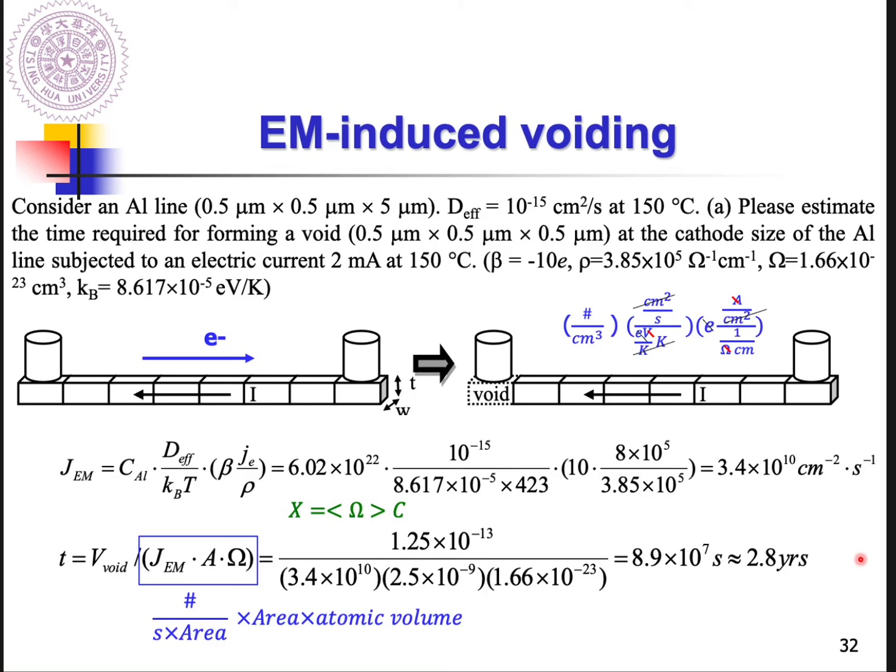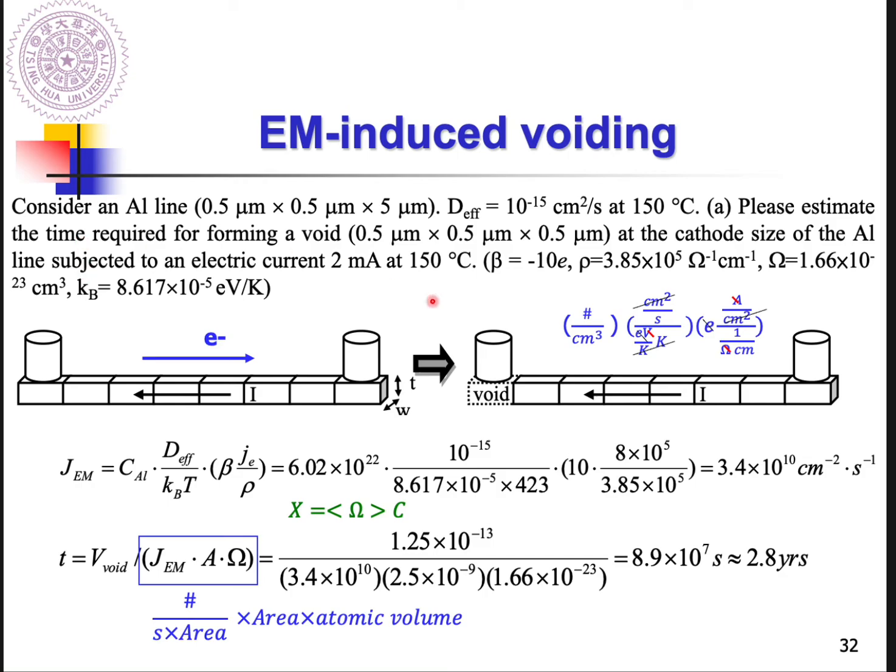So this is how we deal with this kind of question. Afterward, if the question asks you for a time period, the first thing that comes to your mind should be that you need to know the flux, because flux is per second, right? The unit will be how many atoms pass through unit area per second. So you know how much time it takes for forming a volume of something like that. Okay,